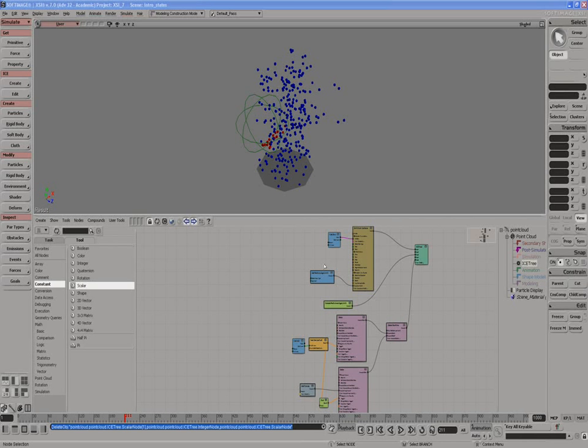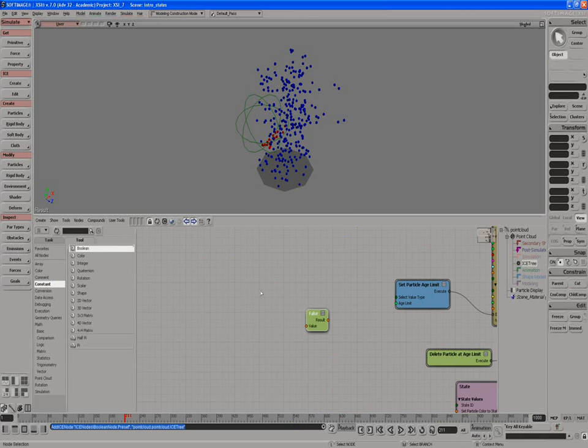So there's lots of different data types that I support, and we can see them here under tools constant. You can see everything from Boolean to color. If we bring some of these in, just frame that for a second. There's a Boolean value, color, integer, scalar, lots of ones. There's vector, 3D vectors, a standard vector type, and a matrix that is like your translation, rotation,